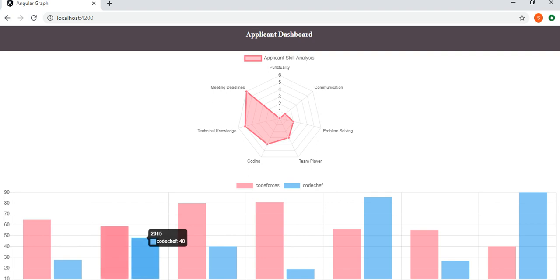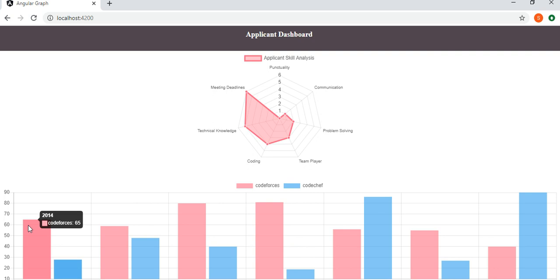In the second graph, this one is the bar chart where we have created a graph for a particular candidate showing how active he is in competitive programming. We have taken into consideration two sites, Codeforces and CodeChef, and you can see how many submissions he or she has made throughout the year.